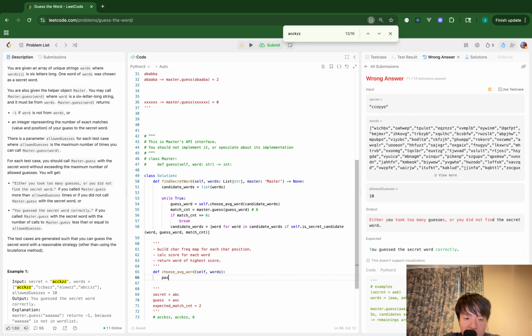Okay, now we'll implement this. Okay, in this way, I could build the frequency map. So now what I will do next is